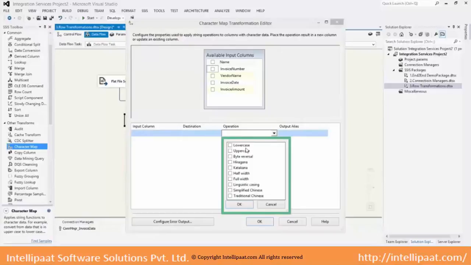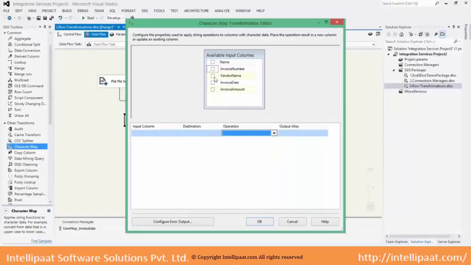For example, English has one lower script and a higher, upper script. This is for Chinese; Chinese also has traditional and simplified. Japanese has half width and full width. This is for Korean. So every language will have two scripts. If you want to convert from one script to another script, then we can use this character map.